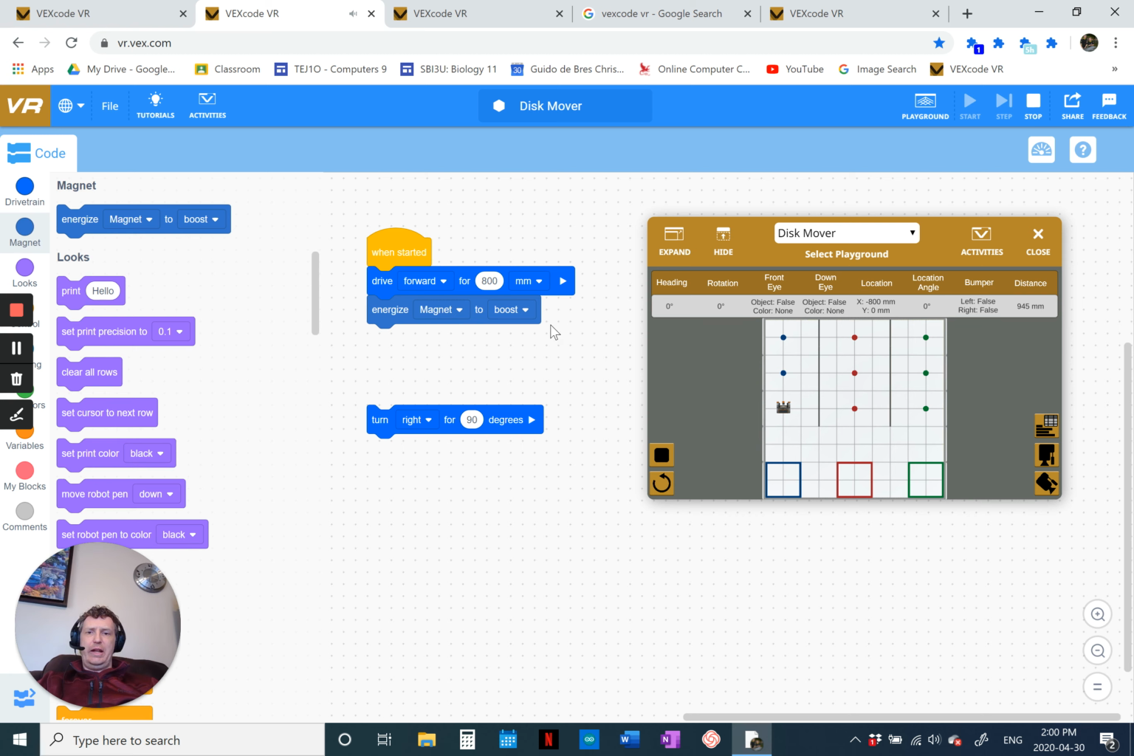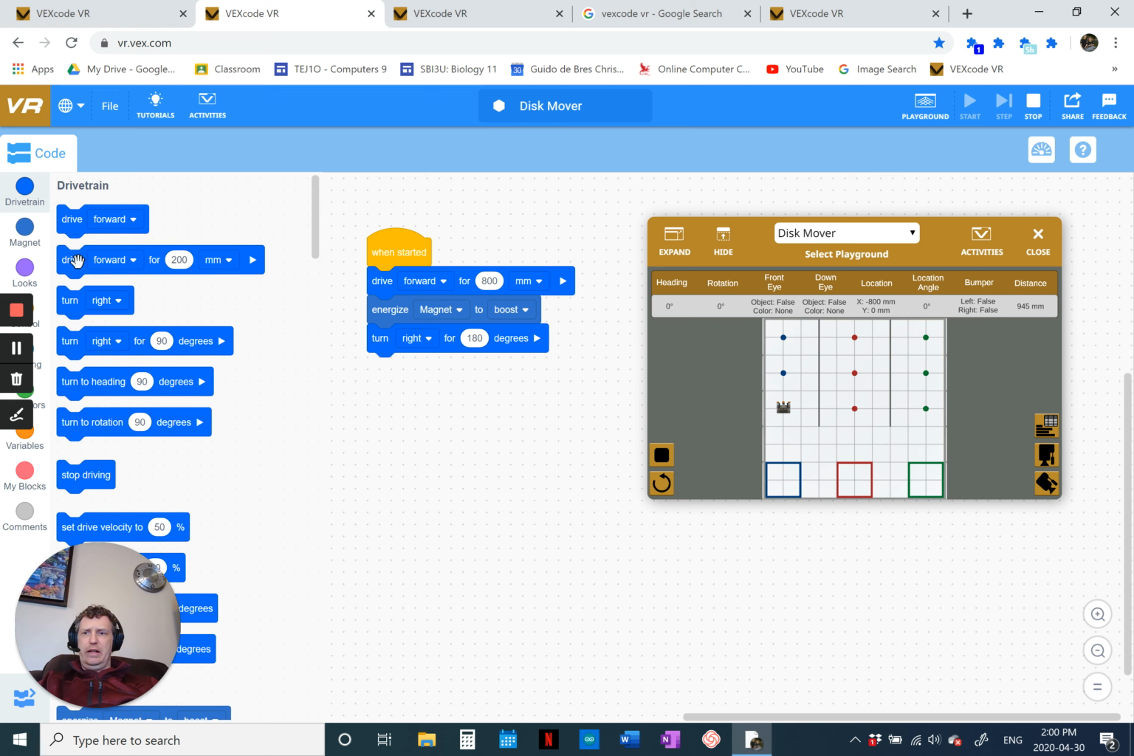And now the magnet will turn on and pick up that piece of that circle, that ball, disc, whatever it is, disc, I guess. And now I'm going to have to turn around and go back. So I'm going to change this to 180 because 90 degrees is a right angle corner, right? It's like turning sideways. But if I want to turn all the way around, I'm going to need 180. And then I can go back and